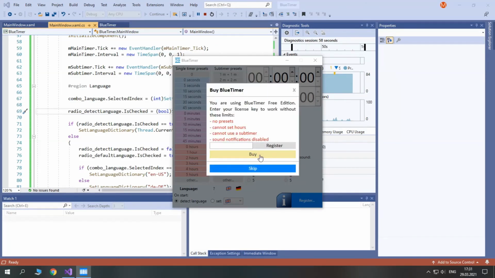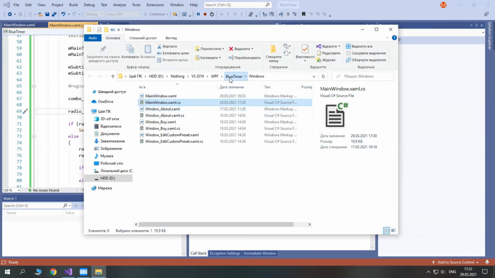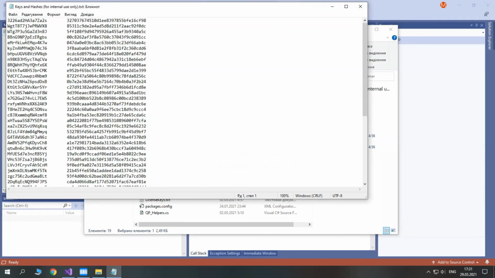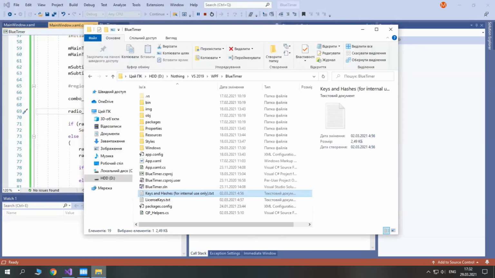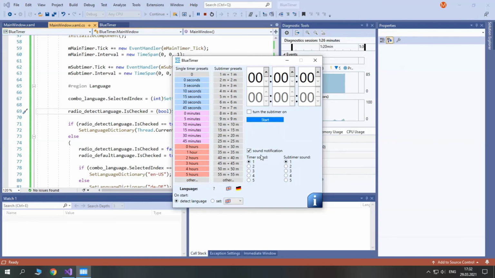If we click here, we'll go to a website. If we click register, our key is not registered. Well, we'll need a key to test all our functions. So keys and hashes, and let's use this key. So register successful. So presets: minutes, seconds, hours, all 0, okay, and 0 minutes and 0 hours, okay, and custom